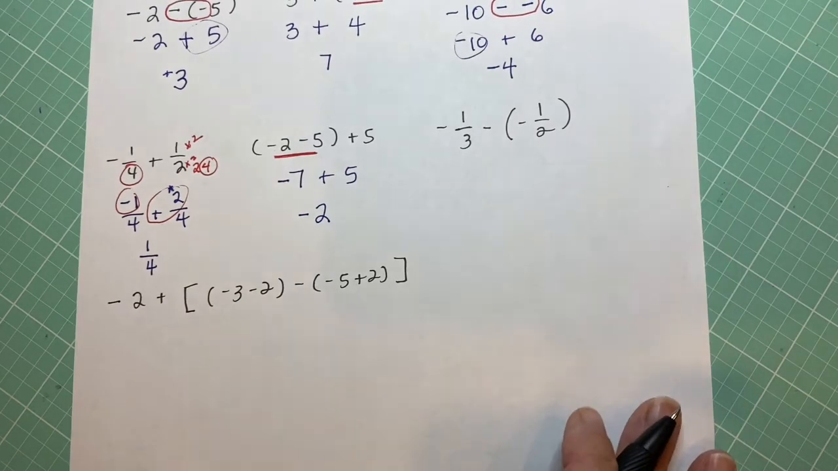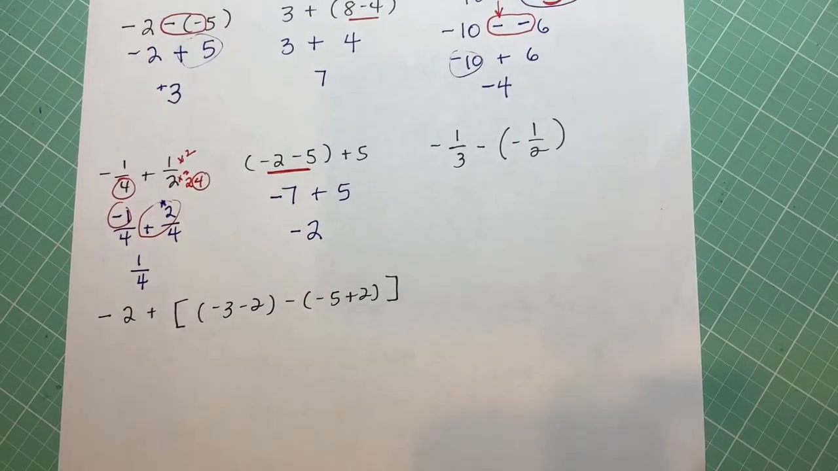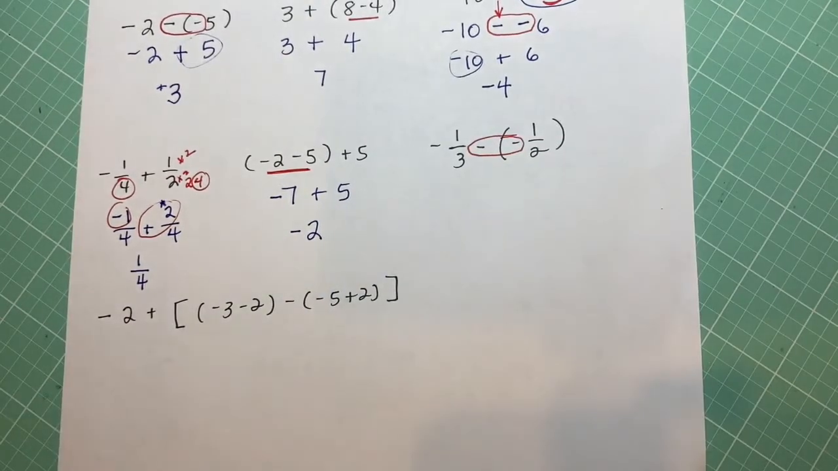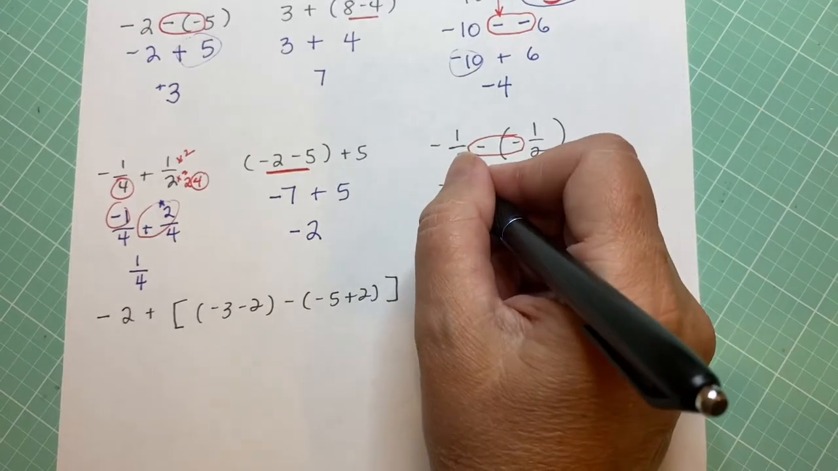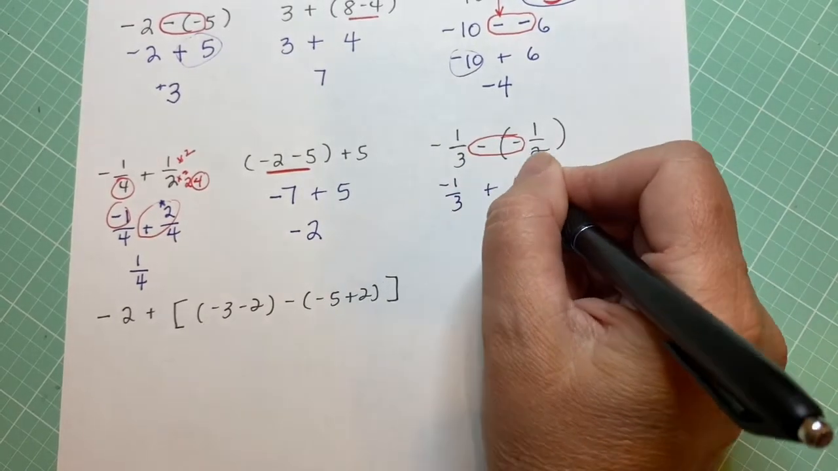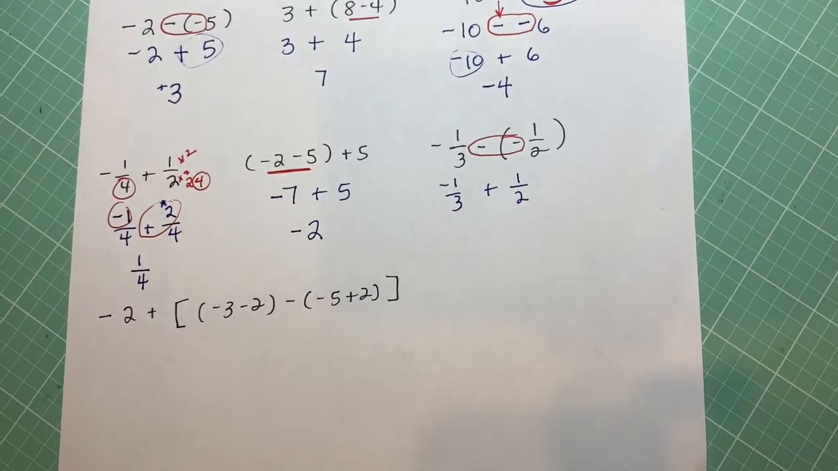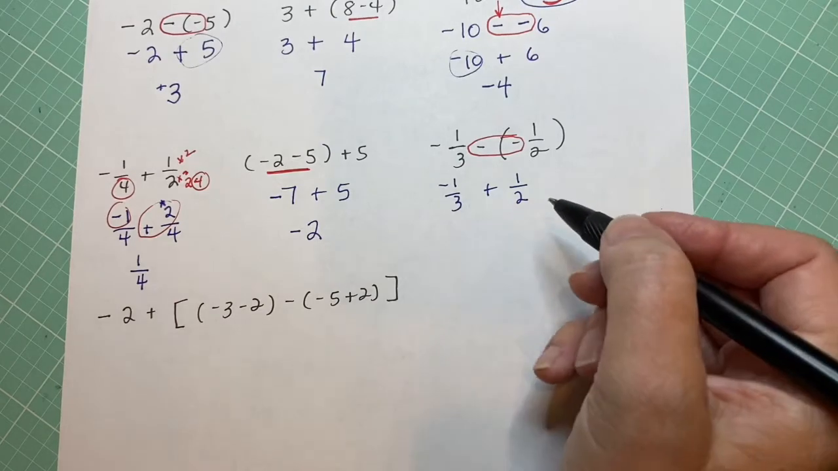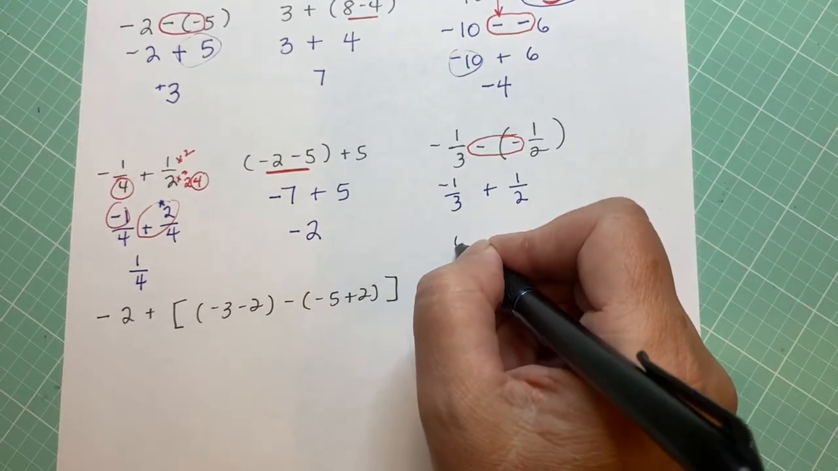Now this next one looks a little complicated, but it's parentheses and negatives and all that. So let's just first notice this double negative right here. So you can simplify this whole thing by just making this a 1/3 plus a 1/2, because that double negative becomes a positive. Then we need to find a common denominator of 3 and 2, which is going to be